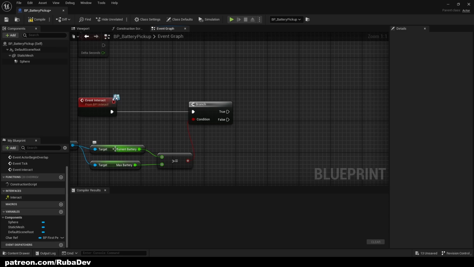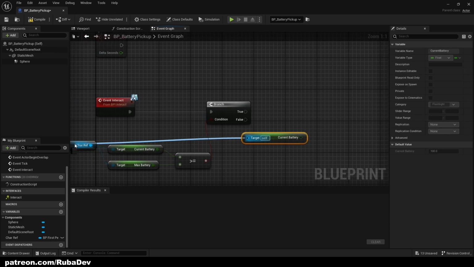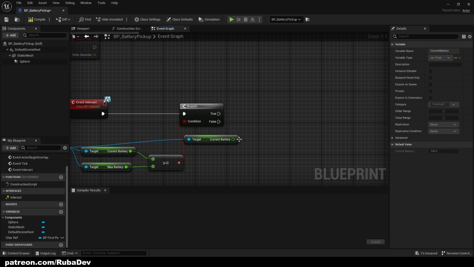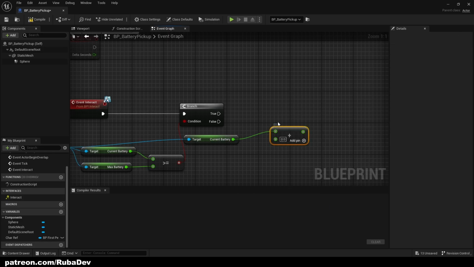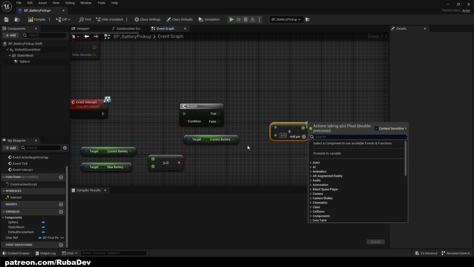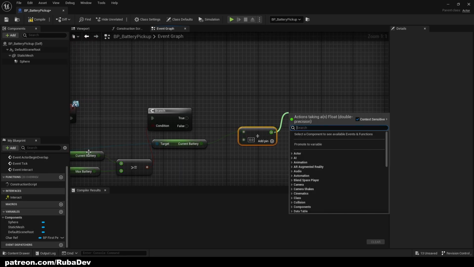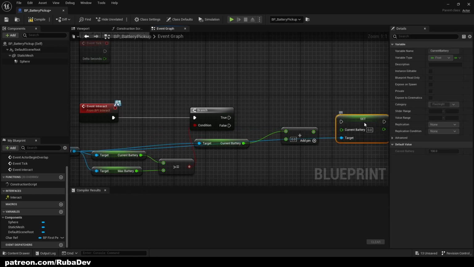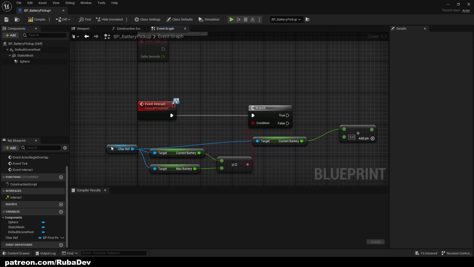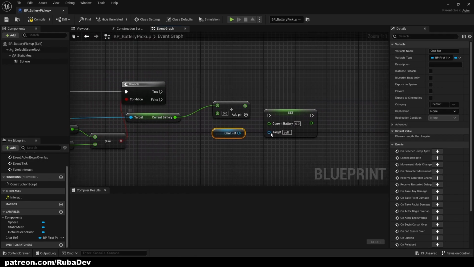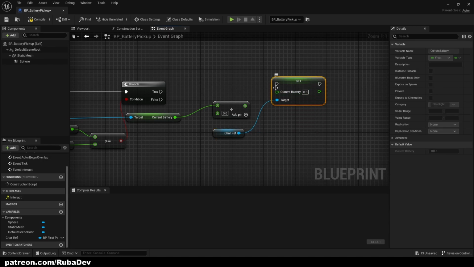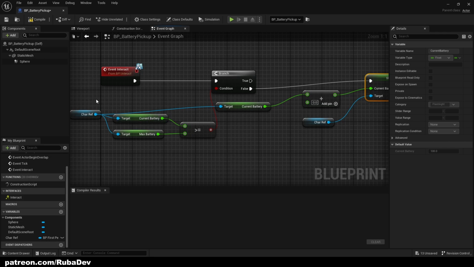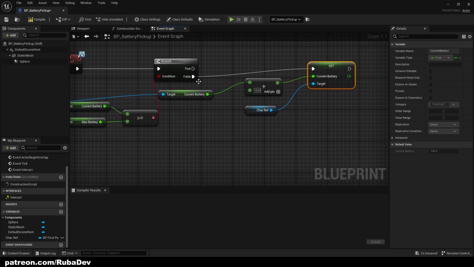But if it's not, then I'm gonna get my current battery and add, and we can set current battery here. To make it cleaner, I'm just gonna copy this here and use it like this. So if current battery is not equal to max battery, so if it's false,